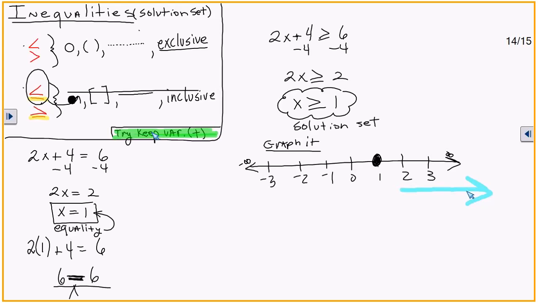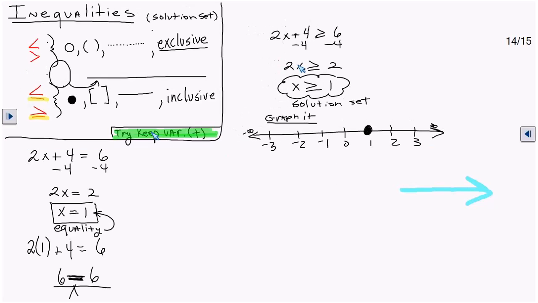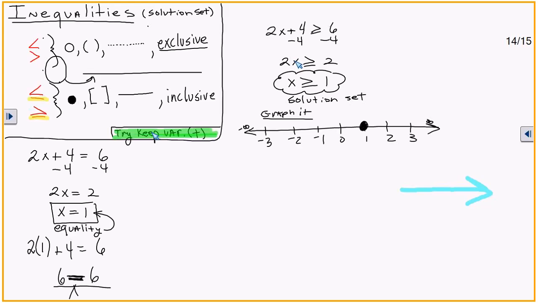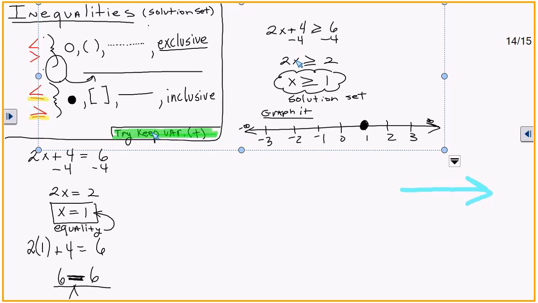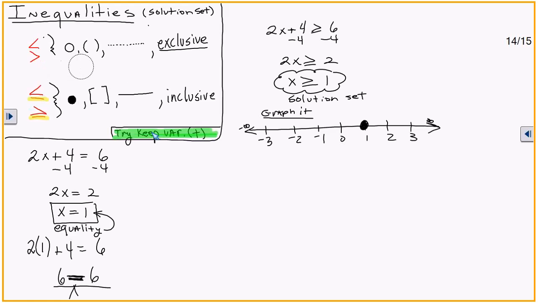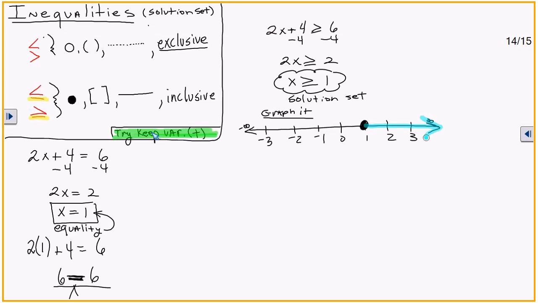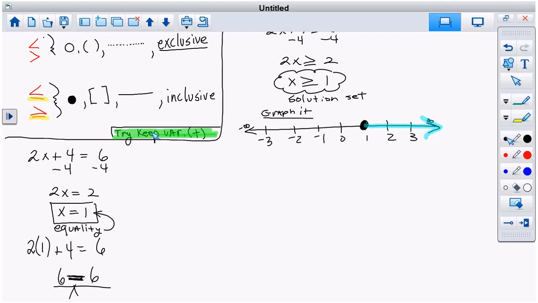I know why. Okay, I'm going to move this over, and I'm going to erase all this. There we go. And I'm going to rewrite. There we go. Now, the two ways to rewrite this are